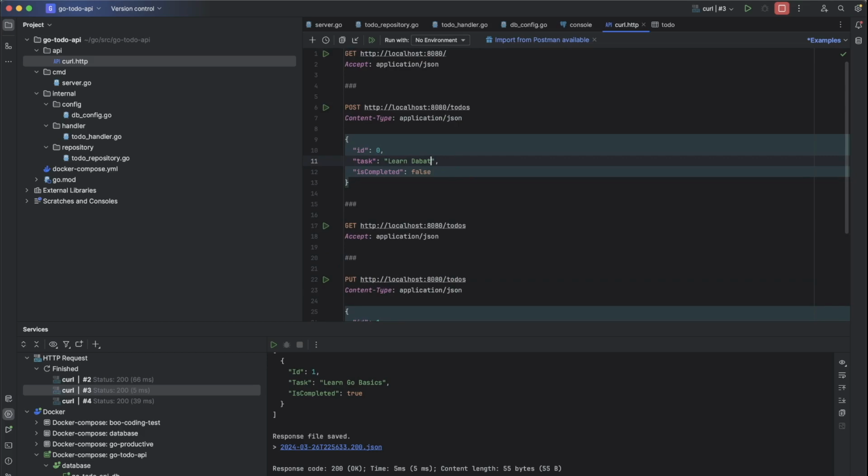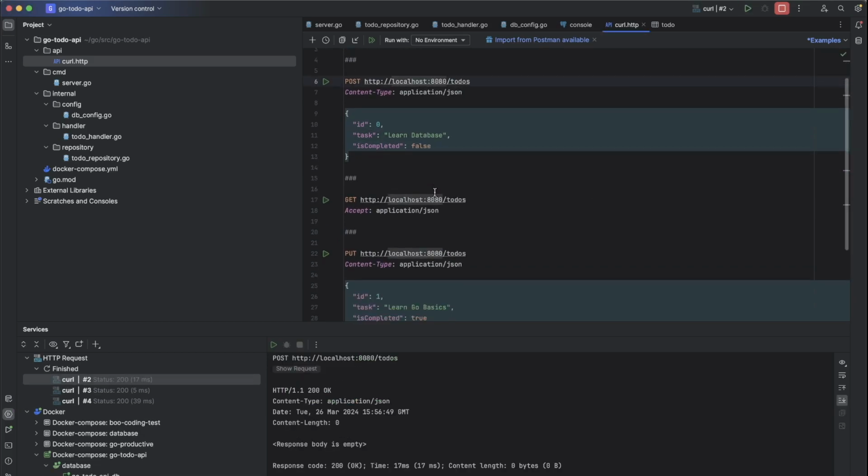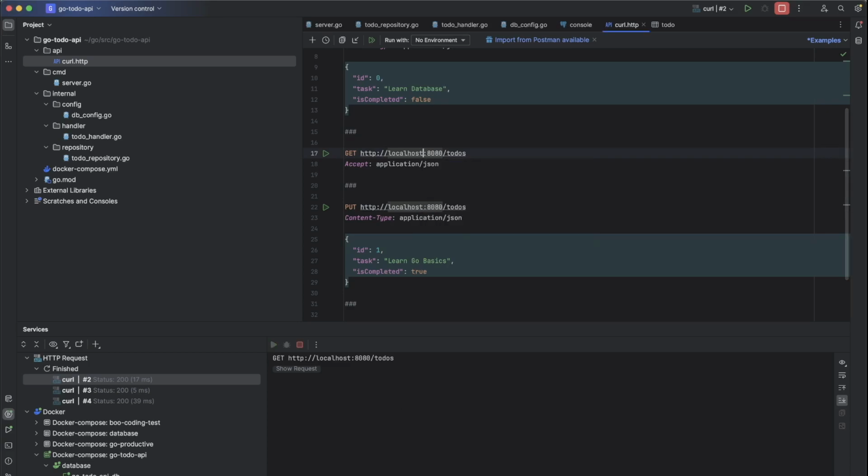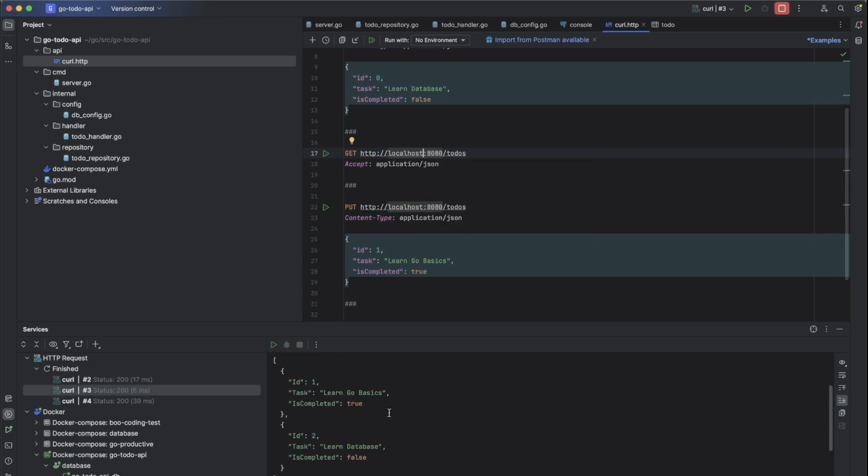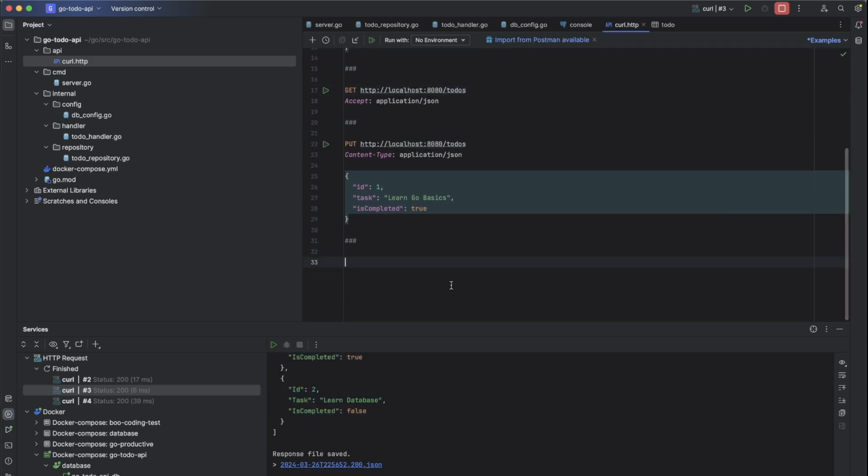Learn Database. Let's see again the result. Now we have ID 1 with Learn Go Basic. It's already completed. And the second to do, we have Learn Database. Still not completed.